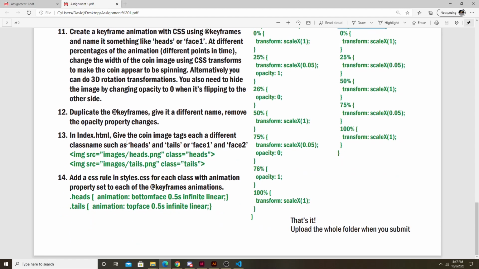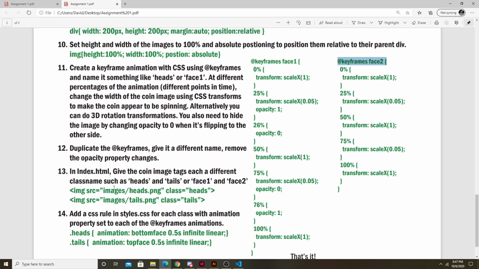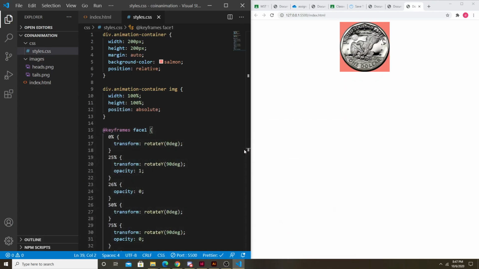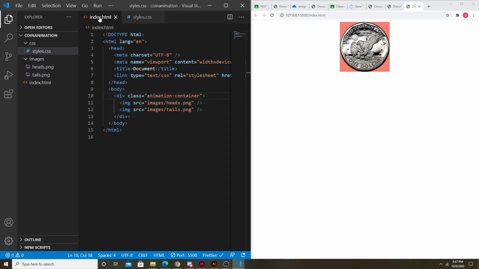So we need to give each image a different class name. So we'll call image 1 heads or face 1. Since I called the animation face 1, I'll give the image a class equal to